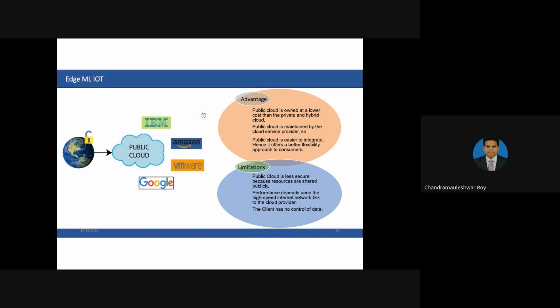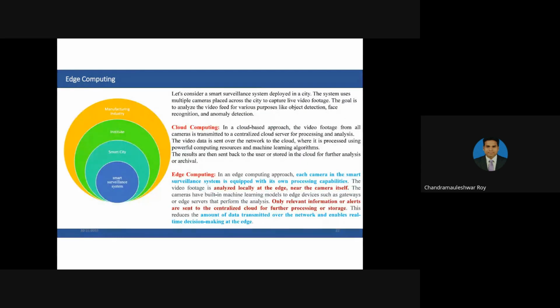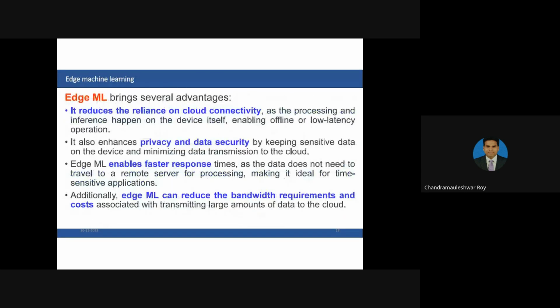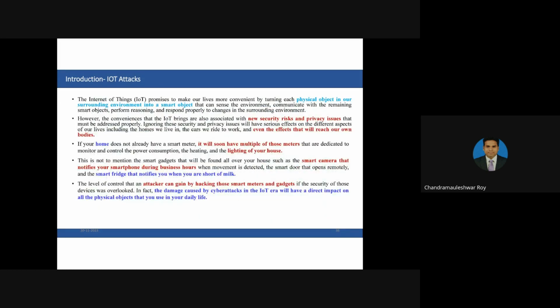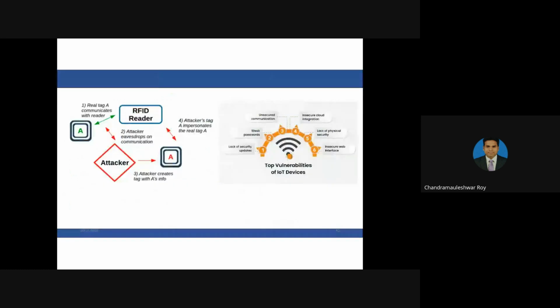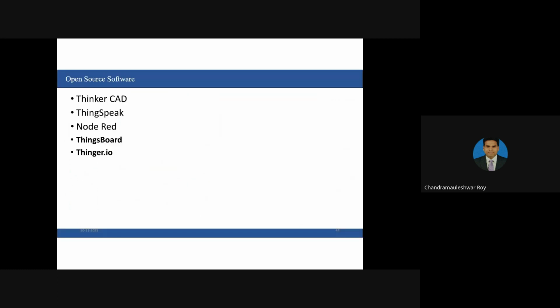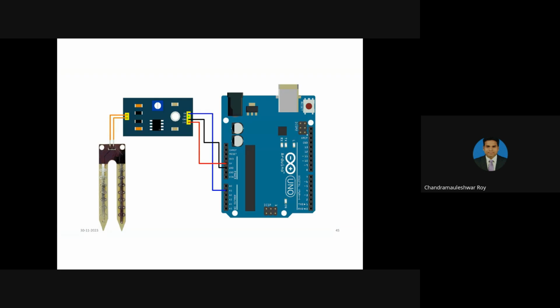project, how you can design. So one I'll show here, so many open source resources actually. Here some open source software is there where you can do IoT based projects, like Tinkercad, ThingSpeak, Node-RED, ThingsBoard, and Things.geo. These are the open source tools where we can do this.